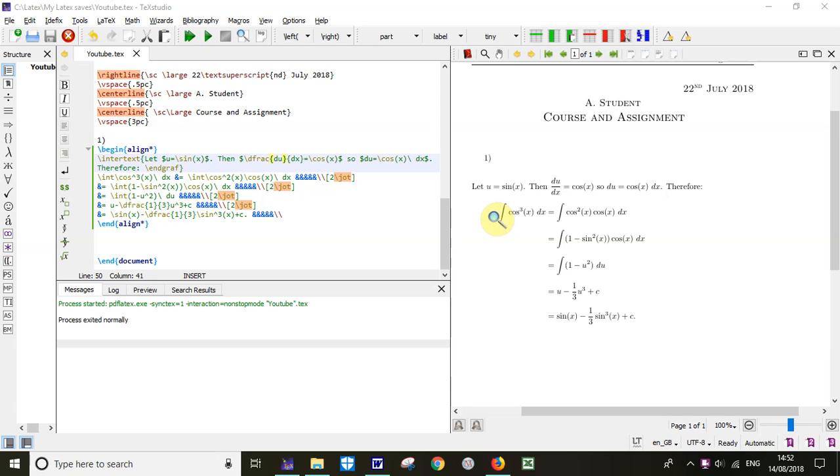Hi there, so in this video I'm going to be teaching you how to code what I covered in my last maths video, that is integration by substitution. So, if you take a look on the right, you can see I've got my output. So, okay, so I'm letting u equal sine x,